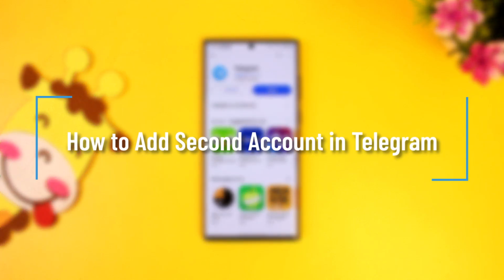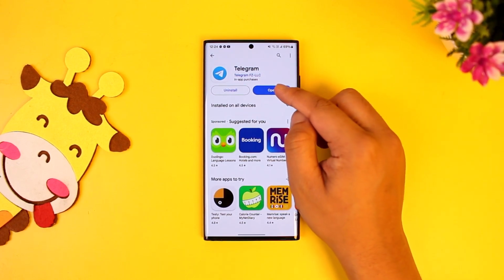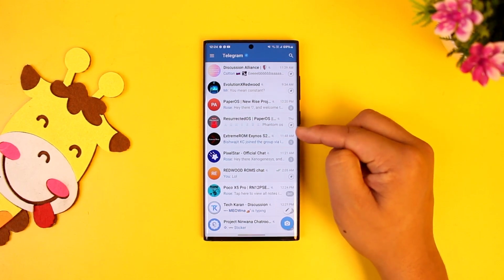How to add second account in Telegram. So if you want to basically add second account in Telegram, all you have to do is open up the Telegram application. Here you can see I'm currently logged into one of my accounts, but if you also want to